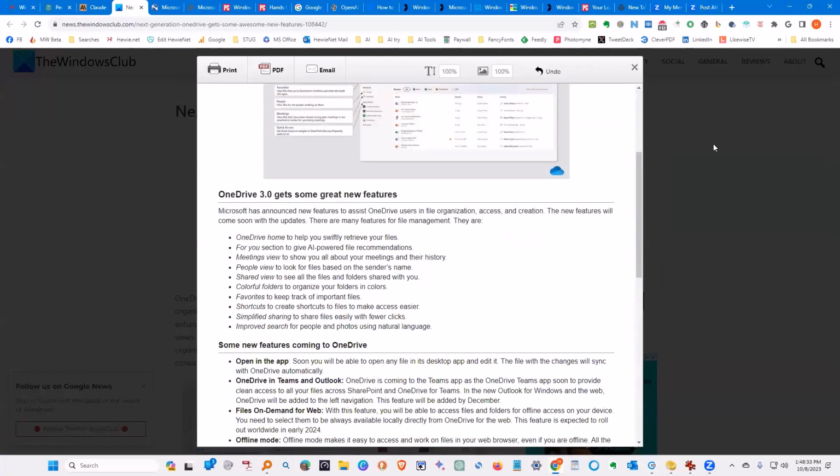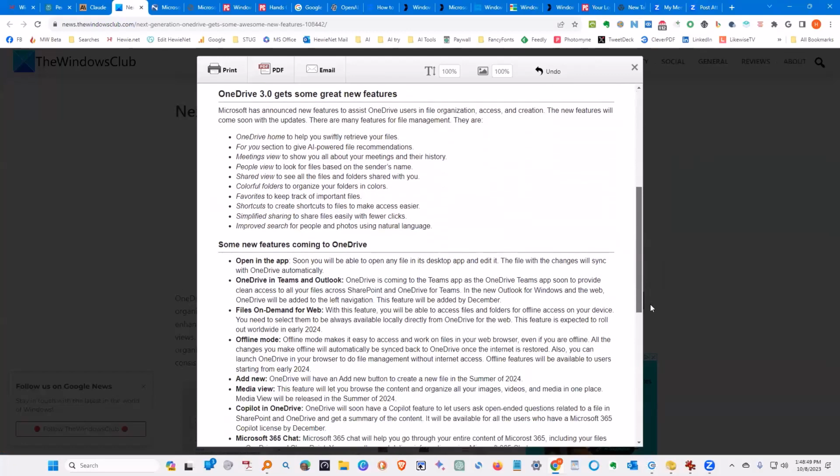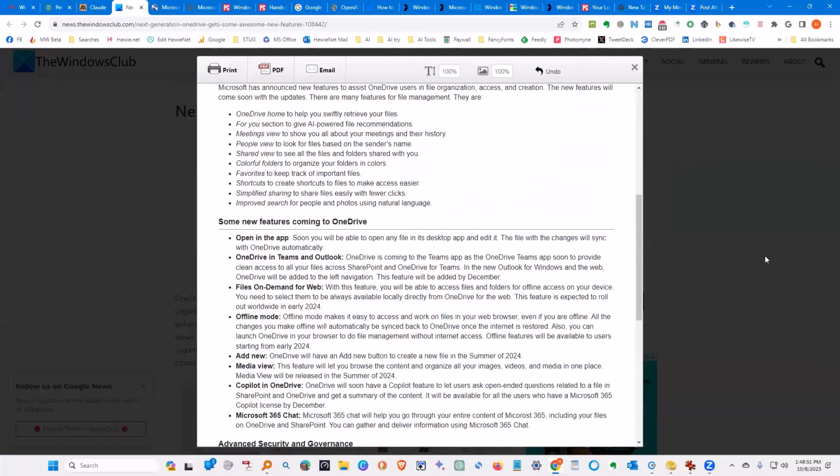Meetings view to show you all about your meetings and their history. People view to look for files based on the sender's name, shared, and so on. You can see that there are various things here that you can have. But some of the new features coming to OneDrive: open in the app. Soon you'll be able to open any file in its desktop app and edit it. The file with the changes will sync automatically with OneDrive,